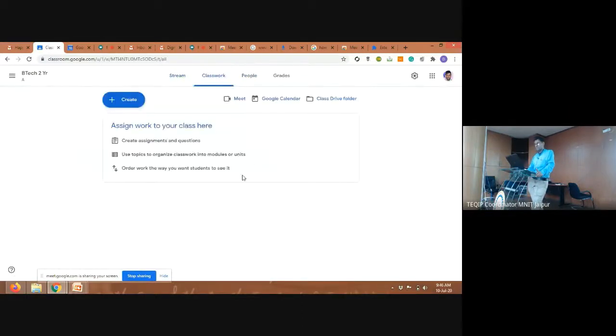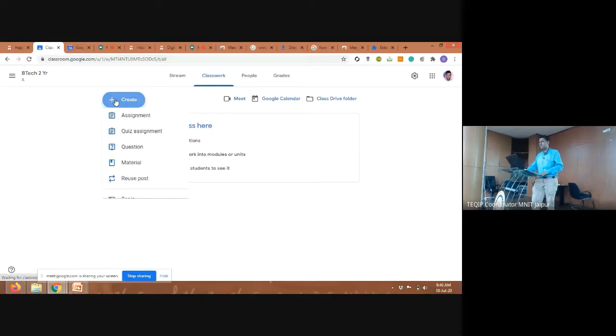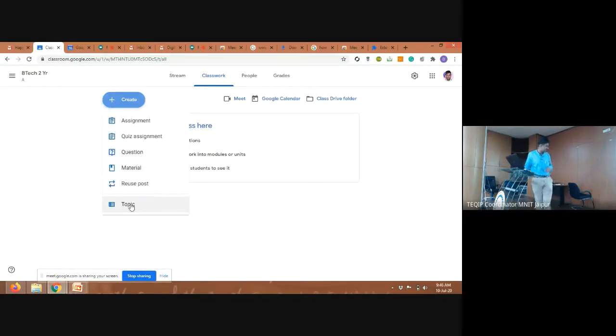Then coming to the class, in this we have the option of creating assignments. First thing is the material, how to organize material. There you can first create topics. For example, in solid mechanics, I have different topics, right? Stress, strain, or equilibrium of forces, etc. So I can organize this.